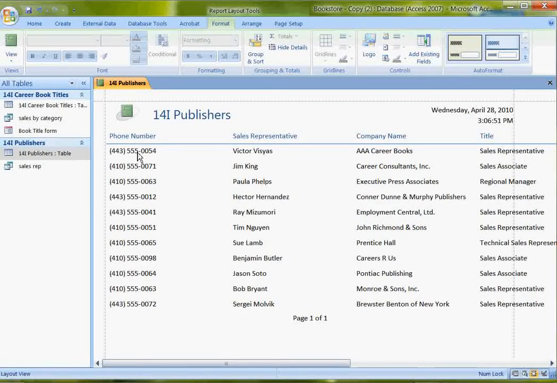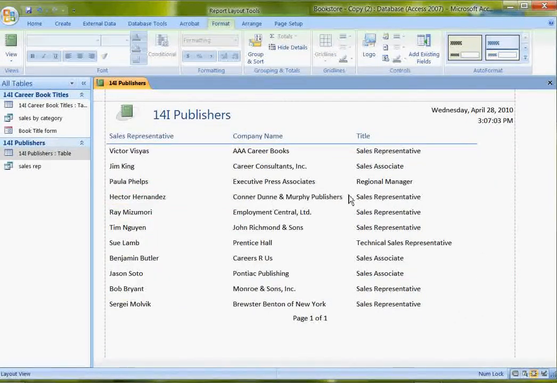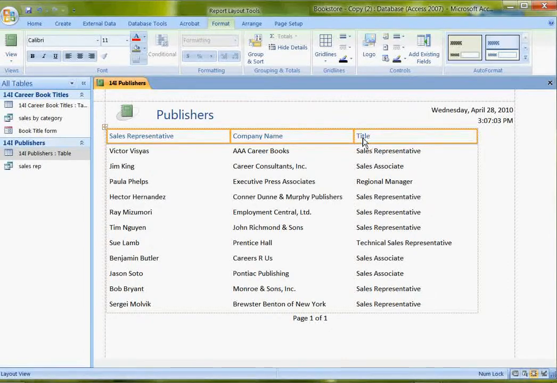So I'm also going to get rid of the phone number. So I'm going to delete that. Now it fits on the screen. I do want, however, to change the title, and I had to click twice. Once to select it, the second time put me into edit mode where I'm deleting that space out, and I also want to bold these headings. So I'm going to hold shift as I click these fields to select them all, and then click B for